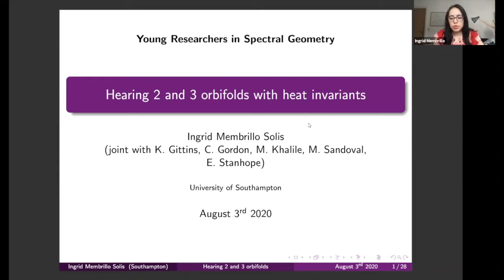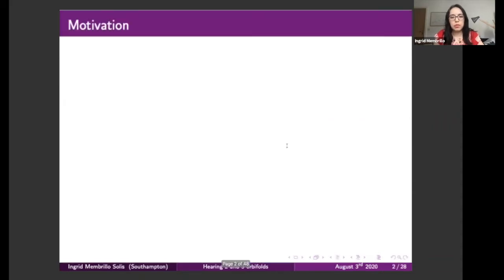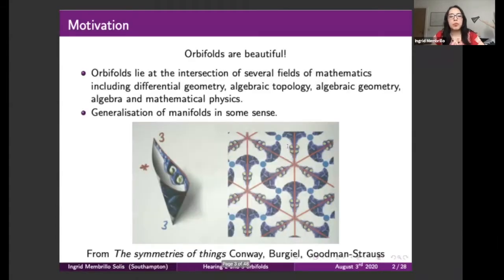So, I will start. I want to start by talking a little bit about the motivation of this work. Let me briefly tell you that maybe some of you know what orbifolds are, probably most of you, but if not, I just want to sell the idea in this talk that orbifolds are beautiful